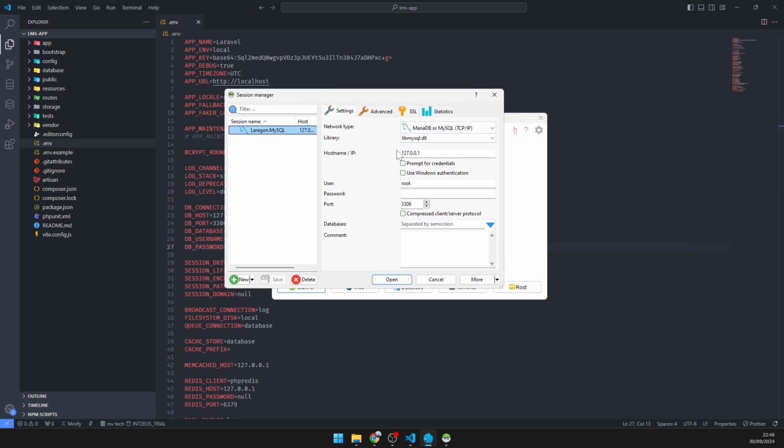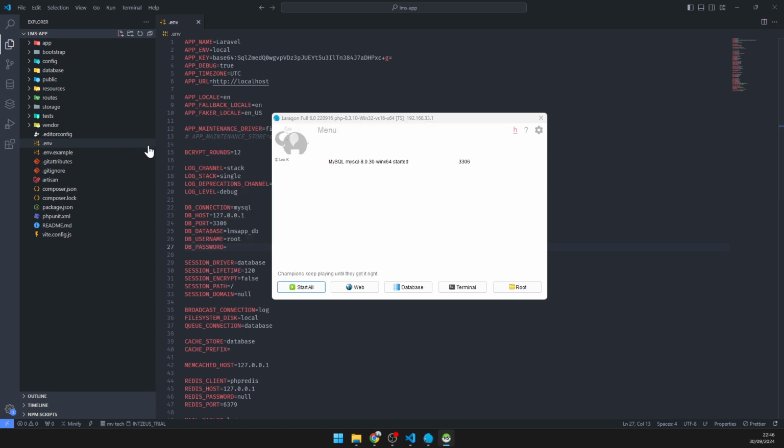Now this is the configuration: the network type is MariaDB or MySQL using TCP/IP, hostname localhost or 127.0.0.1, username root, password empty, port 3306. Then click open.